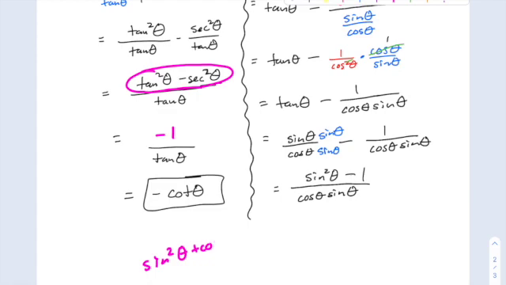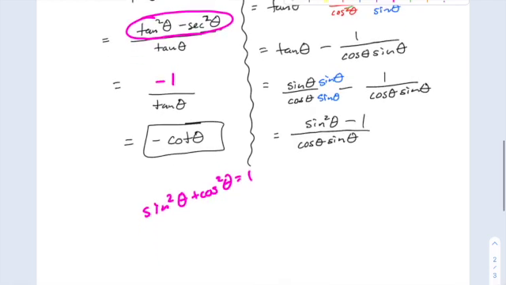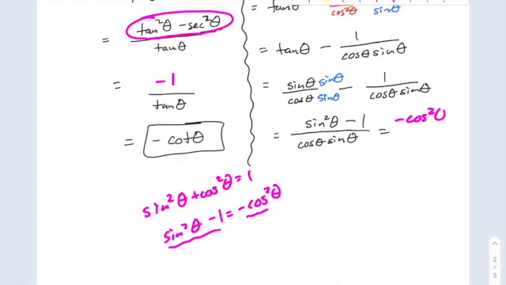Sine squared plus cosine squared is equal to 1. Some of these manipulations you should be getting pretty good at doing them mentally. So sine squared minus 1 is equal to negative cosine squared, right? I'm going to take those two terms out, replace it with that. So this is going to become negative cosine squared of theta